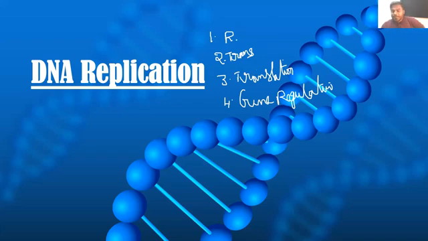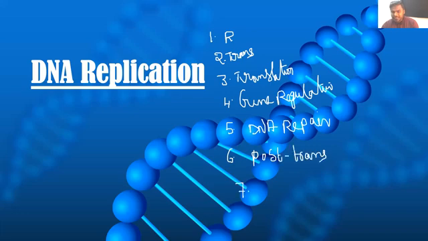So we have to read replication, transcription, translation, as well as gene regulation in case of a prokaryotic organism, and also in case of a eukaryotic organism. Apart from this, what else we have to read? We should also read a separate concept called DNA repair mechanisms. Apart from this, when we are reading transcription, we have to read the post-transcriptional processes also. At the same time, my friends, we should also read the post-translational processes in a very brief and elaborate manner.